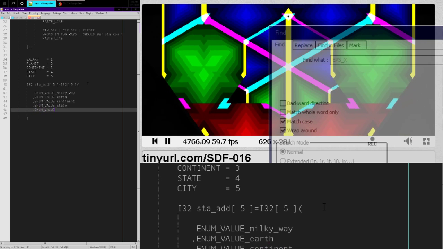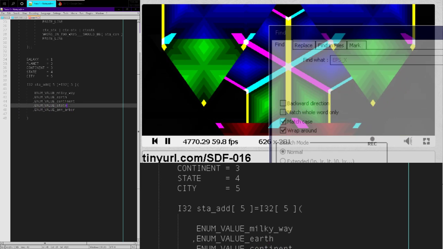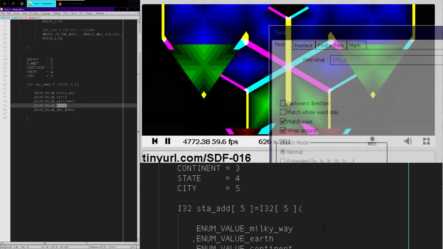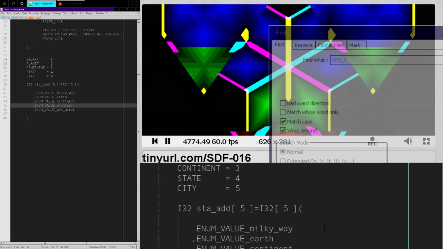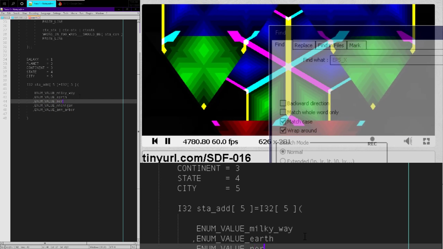I live in Ann Arbor, so we'll call that Ann Arbor, enum value should be Michigan, sorry, not Michigan, continent should be North America,